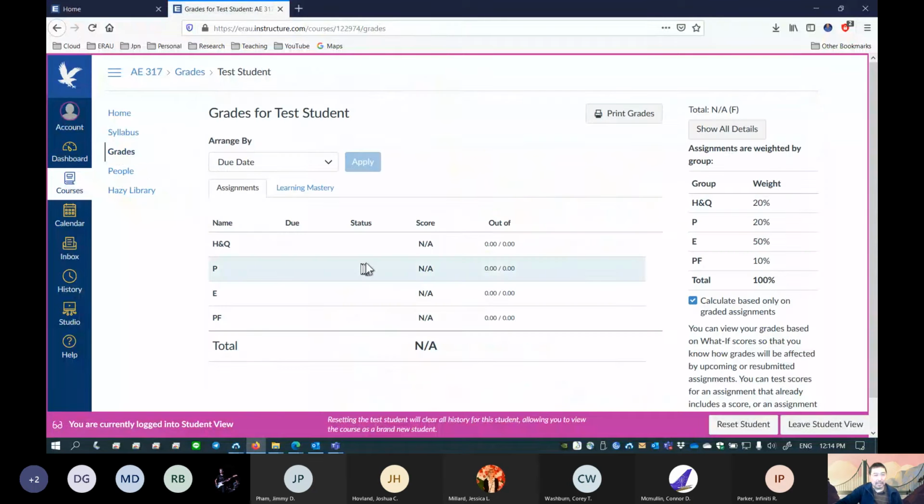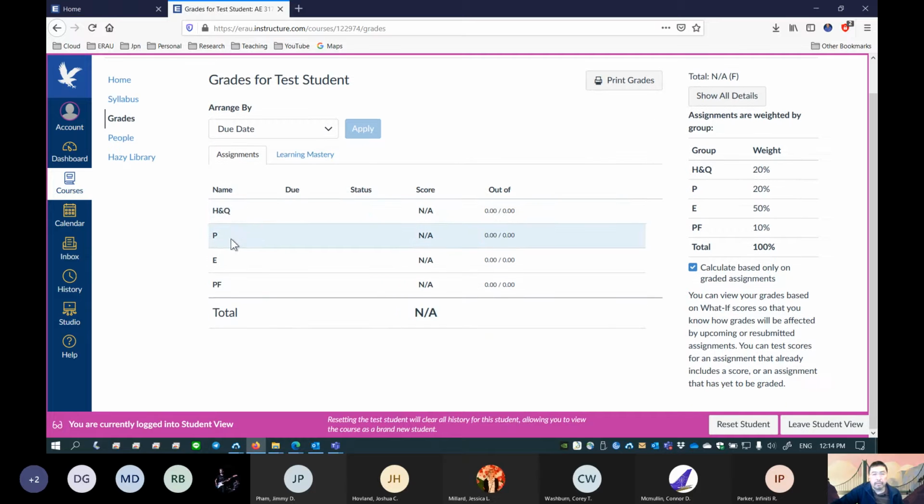This is the grades page, of course. I'm going to put all your grade information here, so you want to come back here often and take a look at your grade. As you can see, H and Q are homework and quiz. P is project.